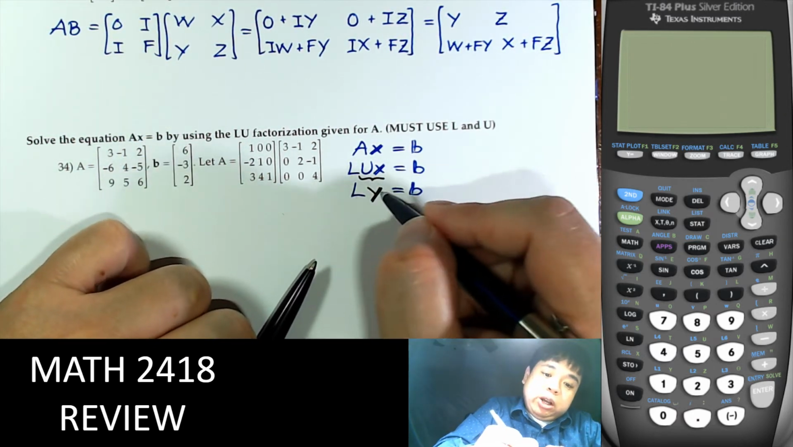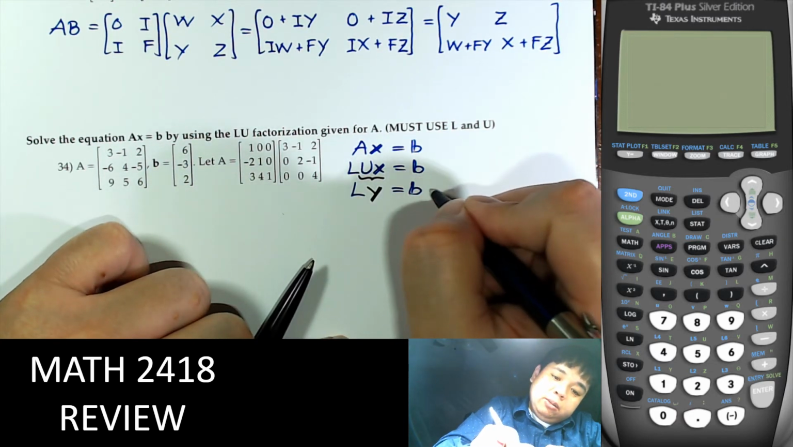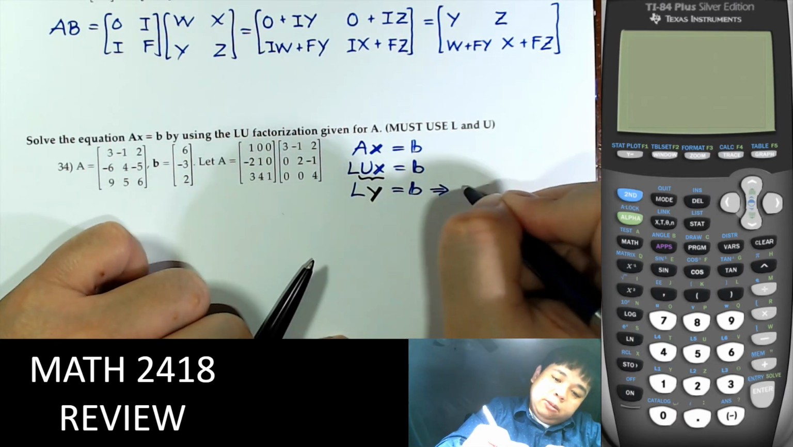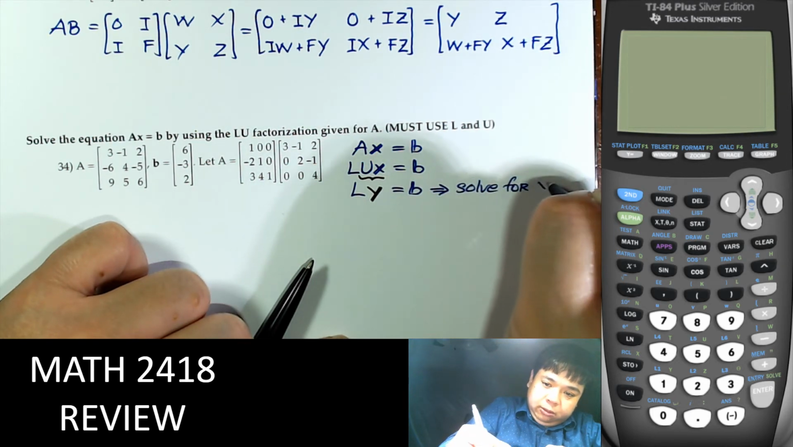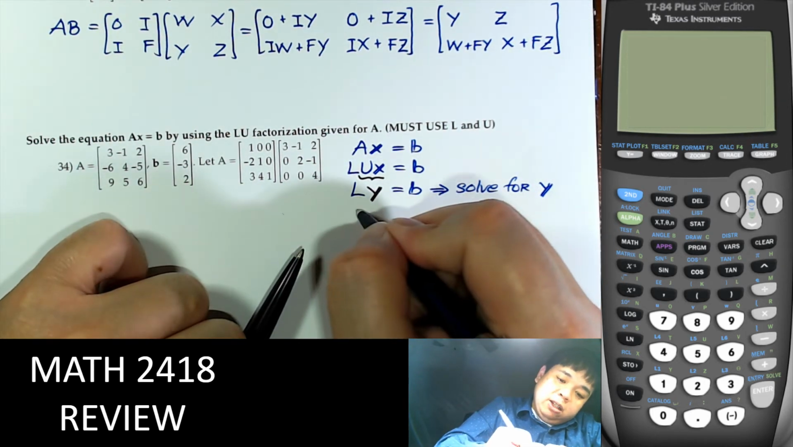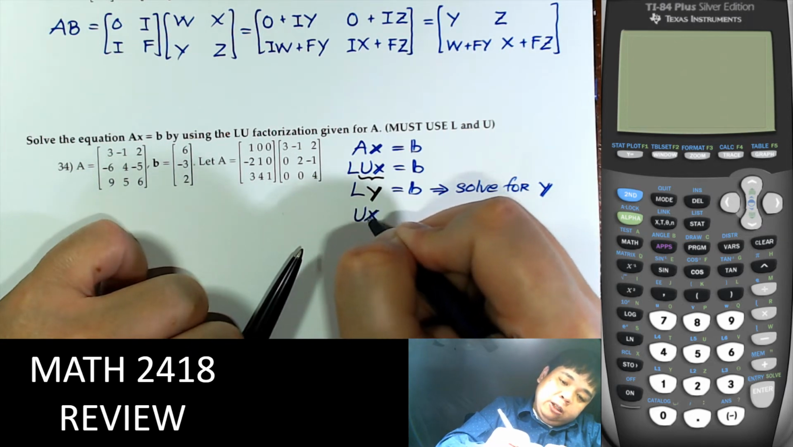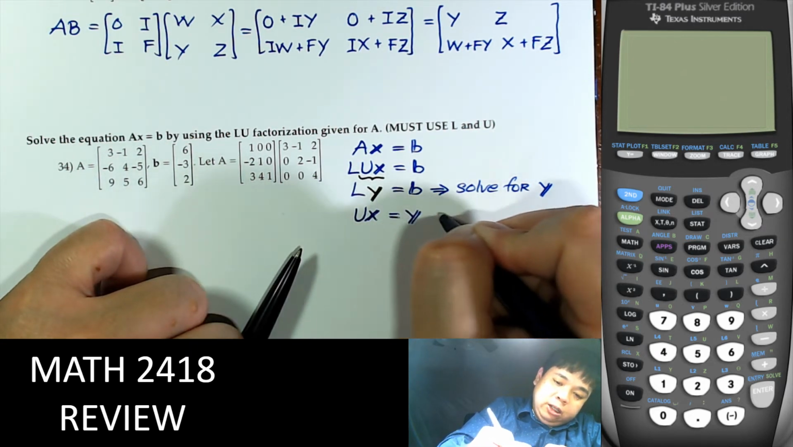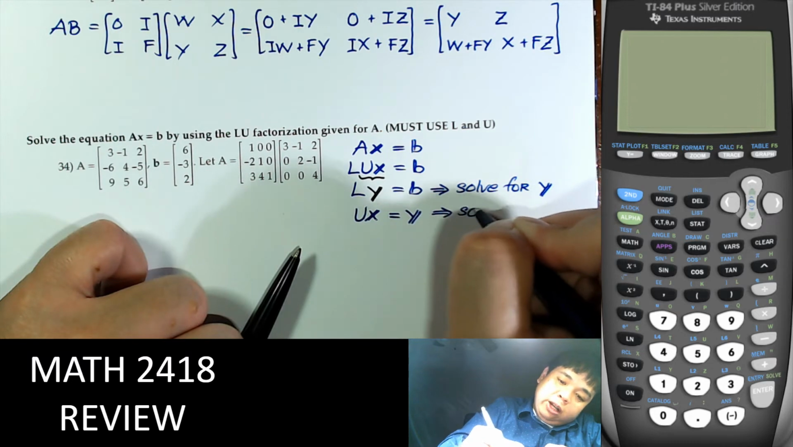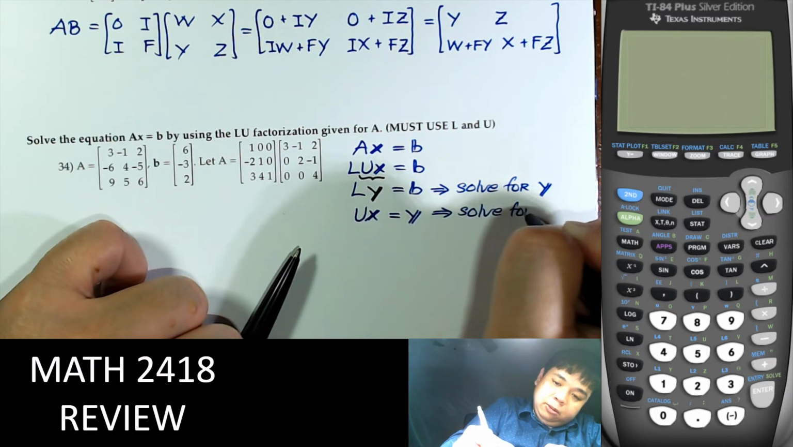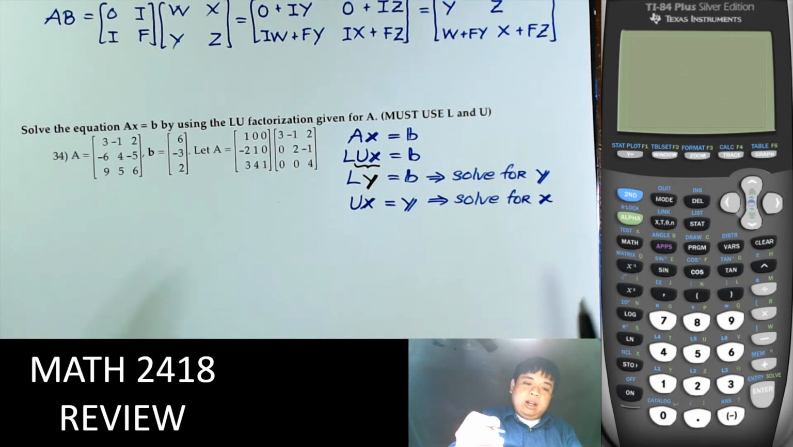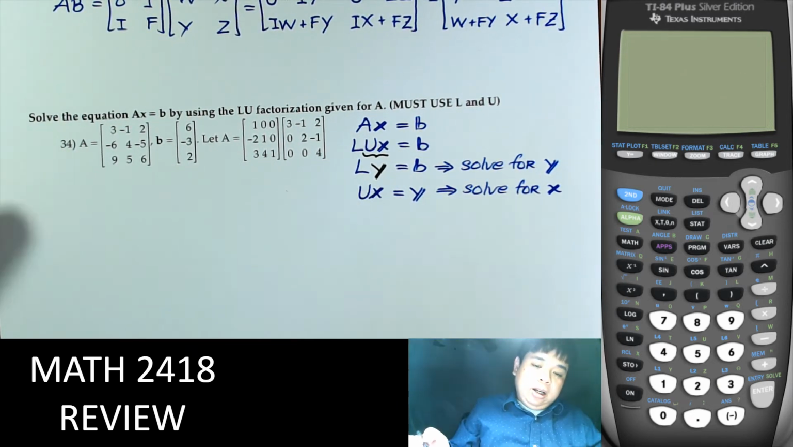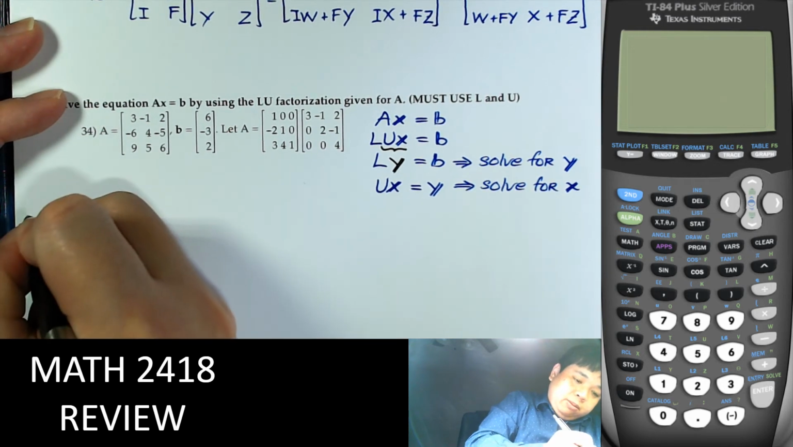Of course, from here we can solve for Y. Then we have UX equal to Y, and from here we can solve for X. So there will be two steps: solve for Y and then solve for X. So first LY equal to B. So the first step